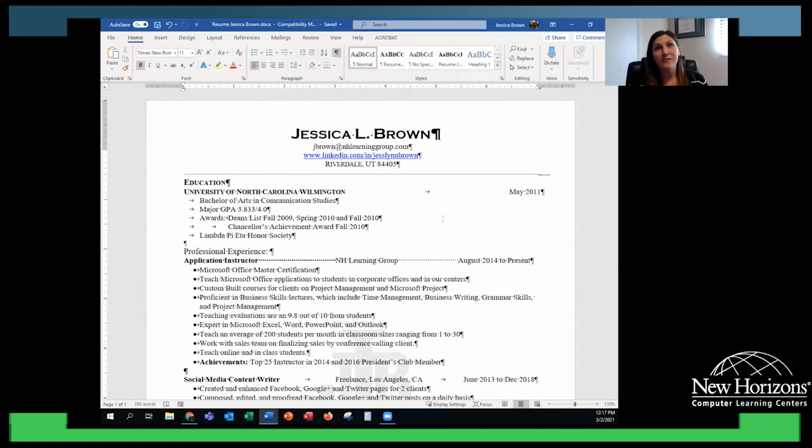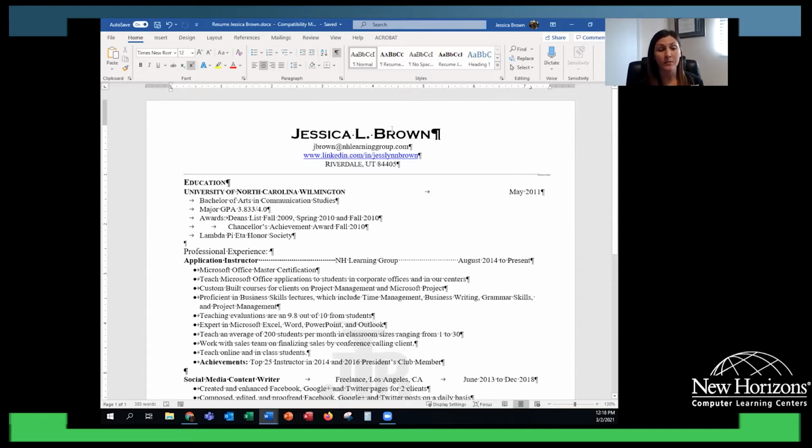The second tip that I have is section breaks and margins. Both can help you save space on a page, getting your resume down to one single page. And the section breaks can be used for individual pieces, like, for instance, on my header, I turned on a section break, and that's this lovely code here. And I have the code showing in case you're curious with my home tab, paragraph group, and this lovely backwards P. And I have this section header here, so that way my title, where I have my name, my email,